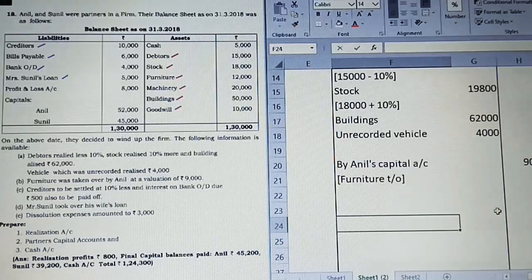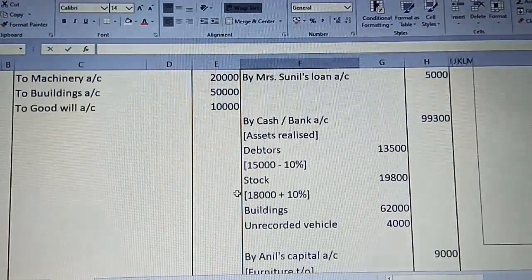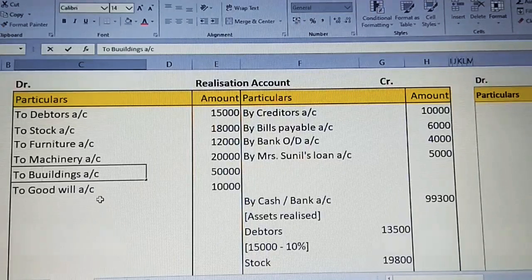Apart from that, the third adjustment, creditors, is related to the outsiders. The next adjustments are related to the external liabilities. So before going for that, let us just observe. I said we have to always check once before going for settlement of outsiders. Compare the book value of all the assets, whether it is going to be equal.